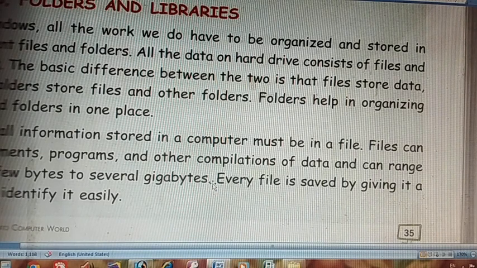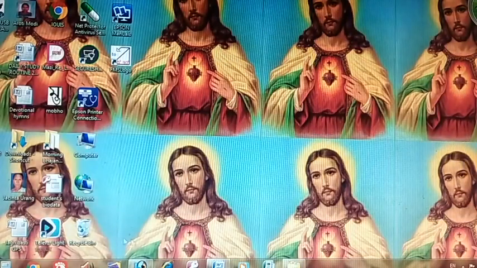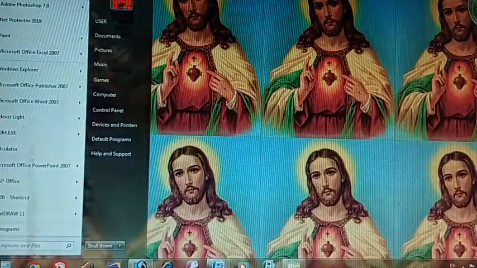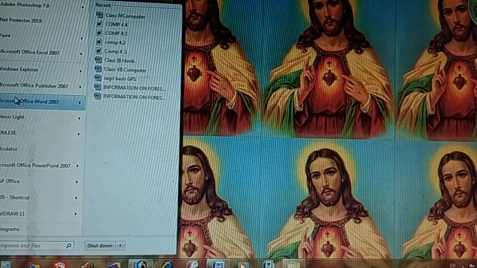So when you create a file, for example, I'll show you. I'll open a new file. For example, let us see Microsoft Word.